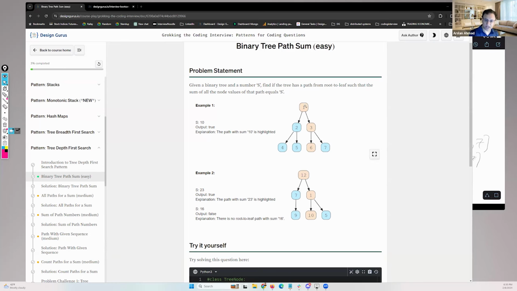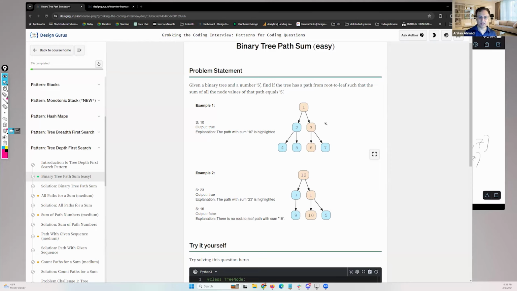So we need to find a path from root to leaf in which the sum of all the nodes is that number 10. In this case, it's only this path 1, 3, 6. And if we find any path, we just return true, and we can finish our search. So this problem is right away telling you that you need to use a depth first mechanism, because you're trying to go all the way deep to find out if the path is